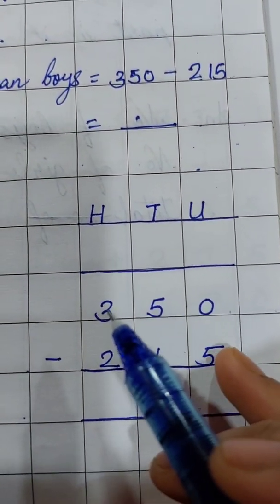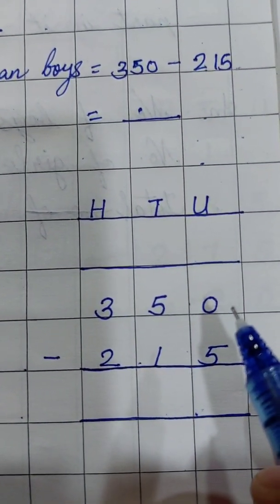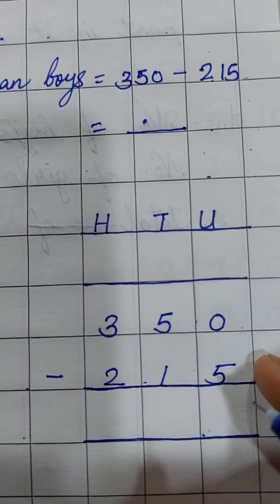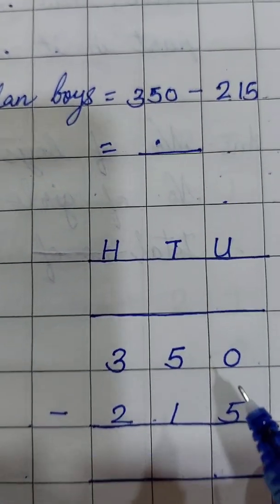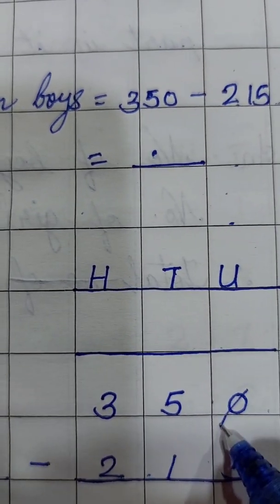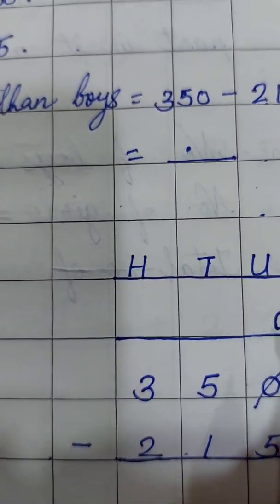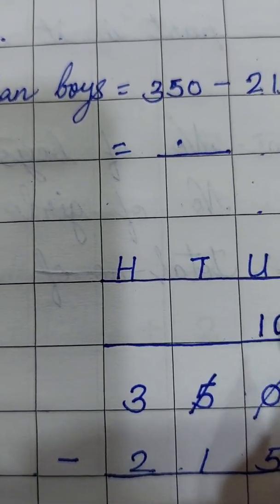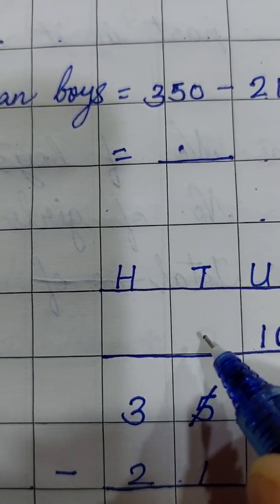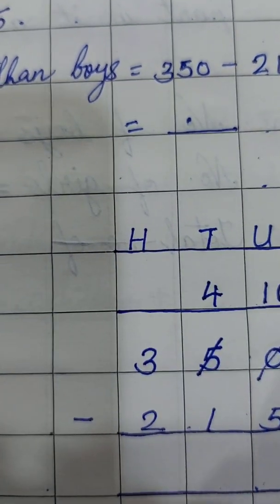So you write the numbers in hundreds, tens and units column. You begin your subtraction with units column. So can you subtract 5 from 0? No, correct. So here what are you going to do? Cancel this 0, write it up. Then you borrow 1 ten from this 5. So 1 ten is gone over here. Out of 5, 1 ten is gone. Here write 4. 4 are left.